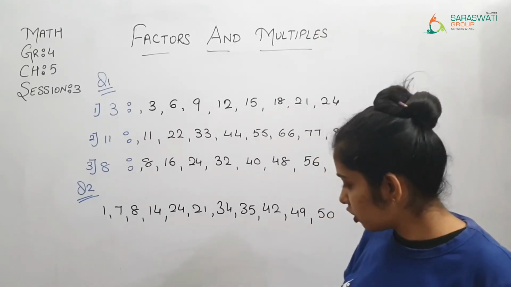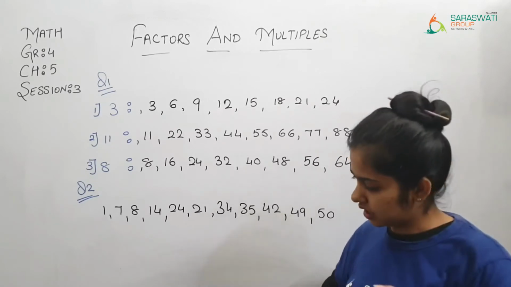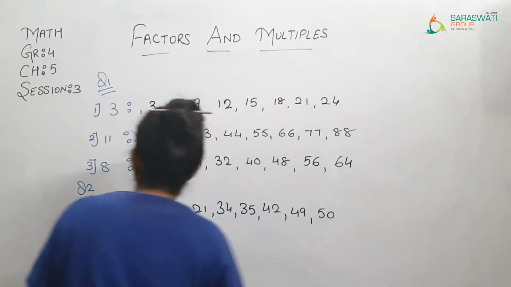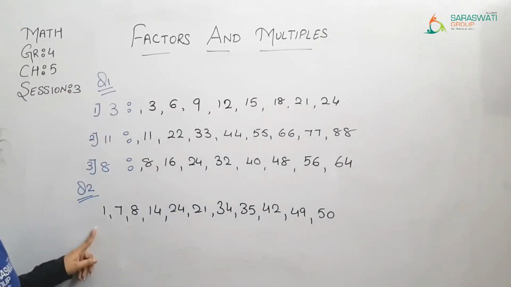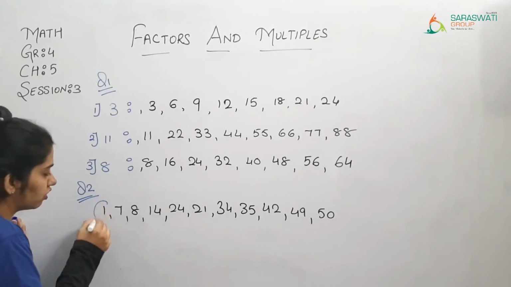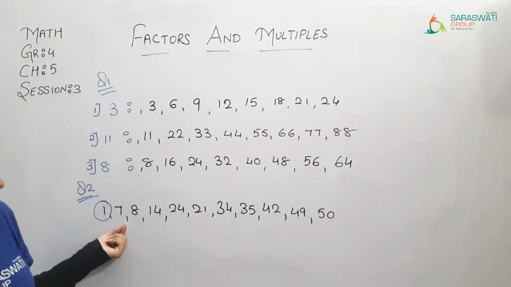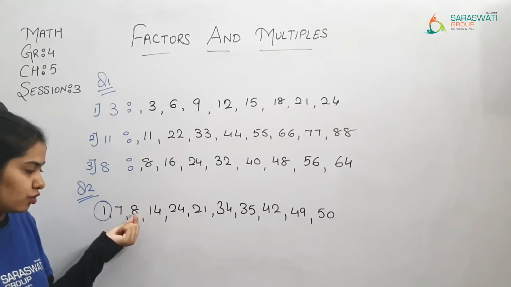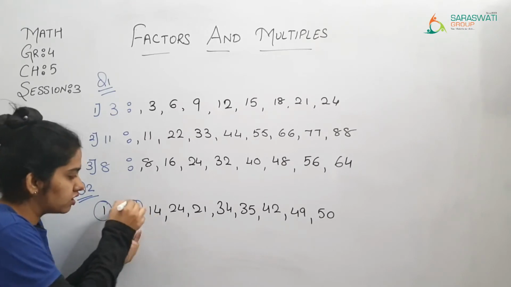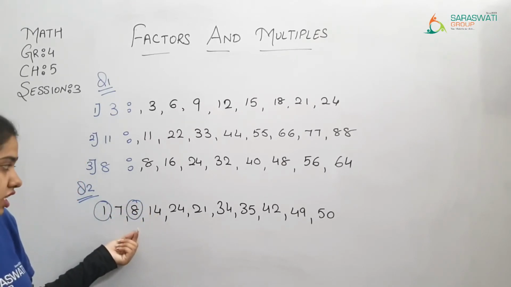Okay, so now આપણે લોકો ટેબલ્સ બોલતા જઈને we will circle it. So first 1 તો આવે નહીં કેમ કે આનાથી નાનો નંબર તો આવે જ નહીં. So 1 is also not a factor. Then 7 1s are 7, 7 2s are 14 છે તો 8 નો આવે. So 8 is also not a multiple of 7.